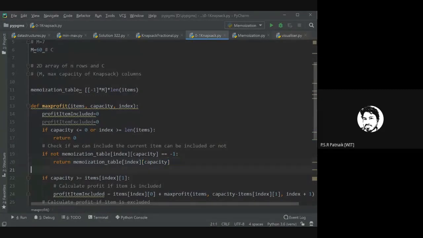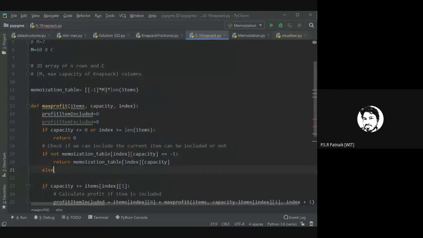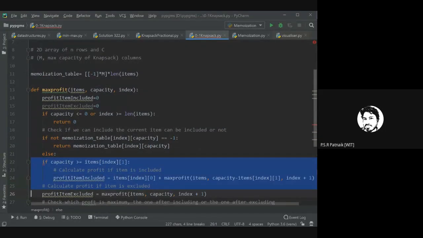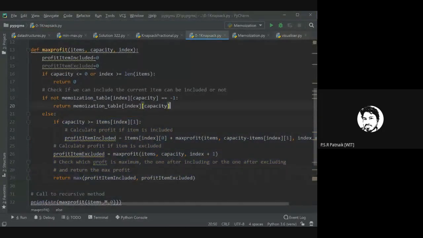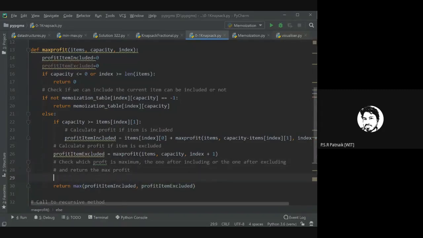If it is not, it means it is -1, I need to call that. So if I want to call, then I'll have an else block, and inside the else block I'll have all this. So inside this, you will check this, calculate all the values, and as I told, we will take something called return value is equal to, this is what I was returning, right?